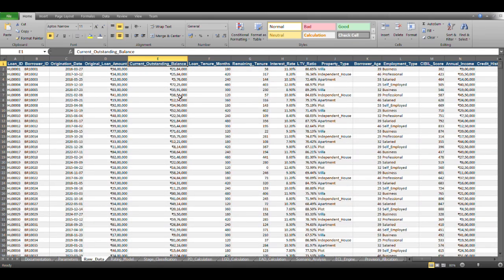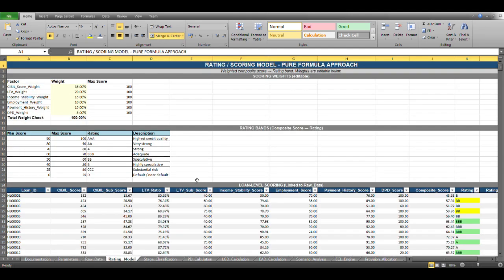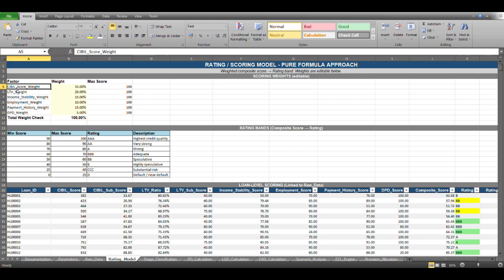So now let's see the next steps that I have considered. Next, the most important starting point is the rating model, which I have built using the weighted score method. Here I have scored each borrower on the basis of 5 dimensions: the CIBIL score, the LTV, the income stability, employment, and the payment and the DPD, right?